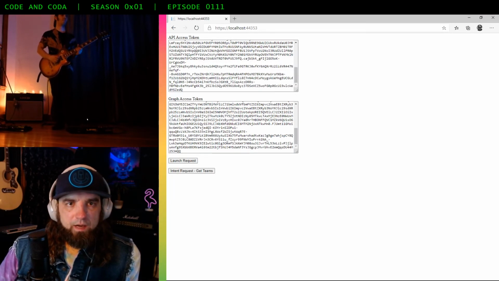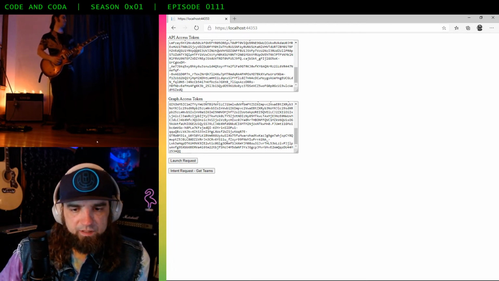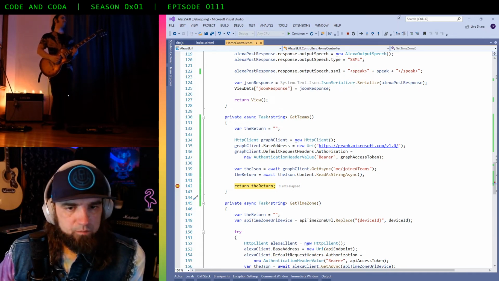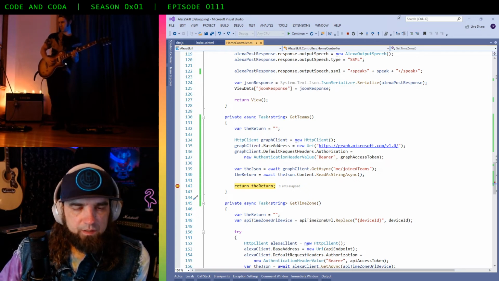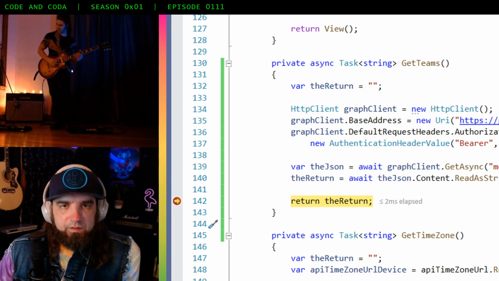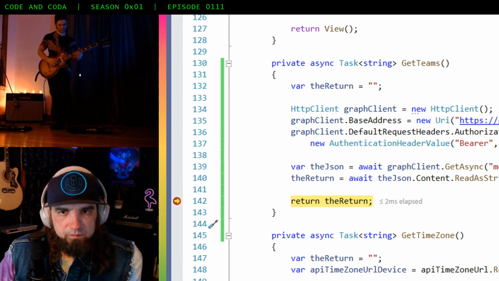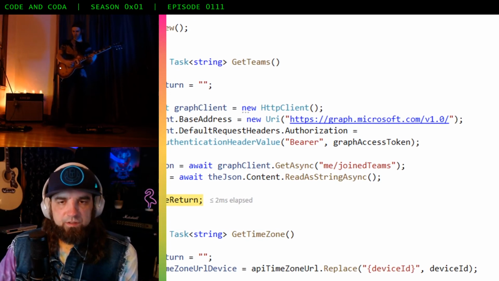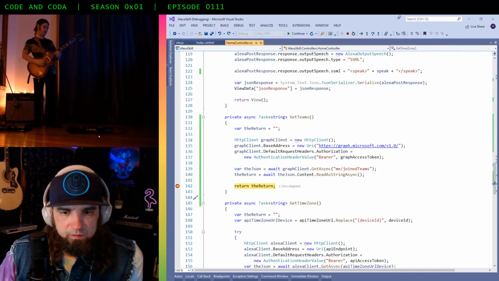But just keep in mind that through our development environment, we are now sending an intent request to our web application, which through the switch code block has determined we are sending a get teams request. It's sent a call to the get teams function here, and within the get teams function we sent a request to the Graph API for the joined teams endpoint.